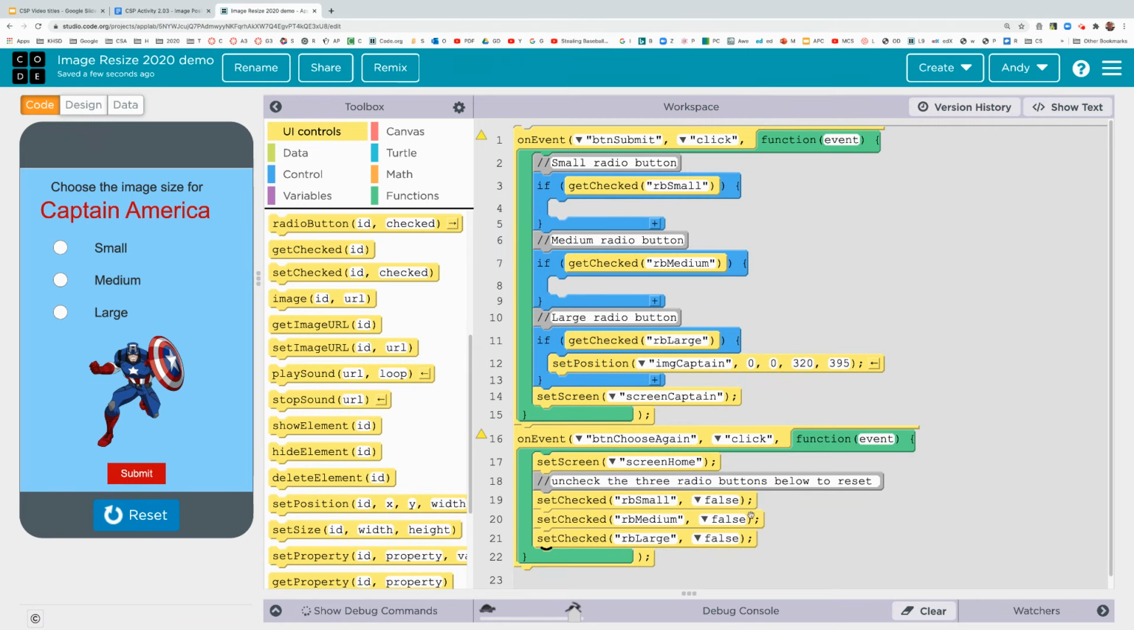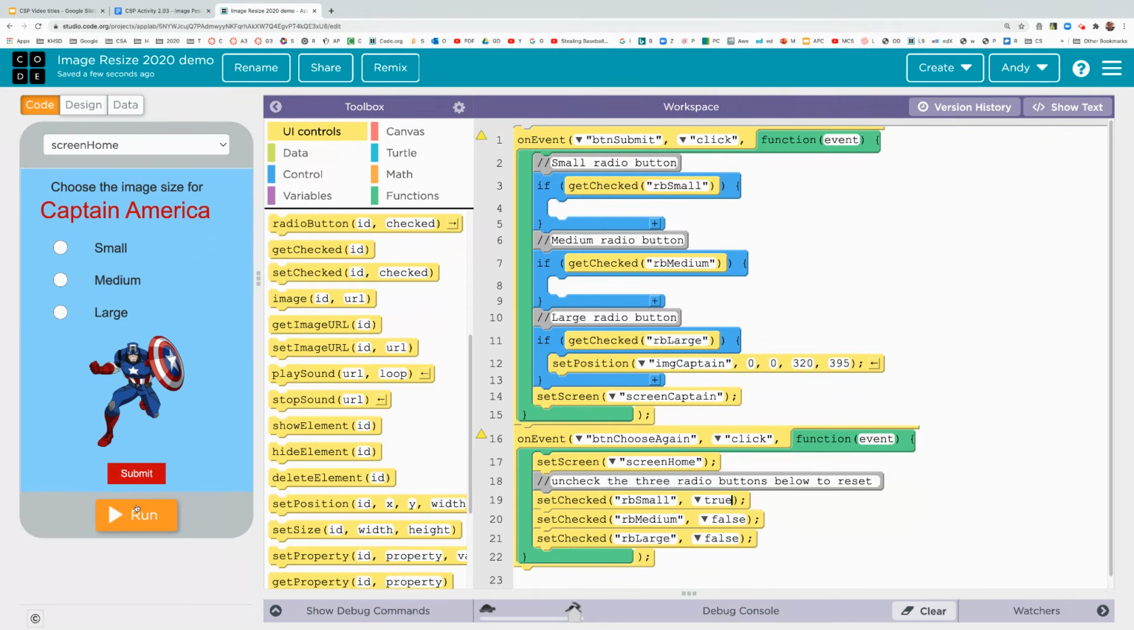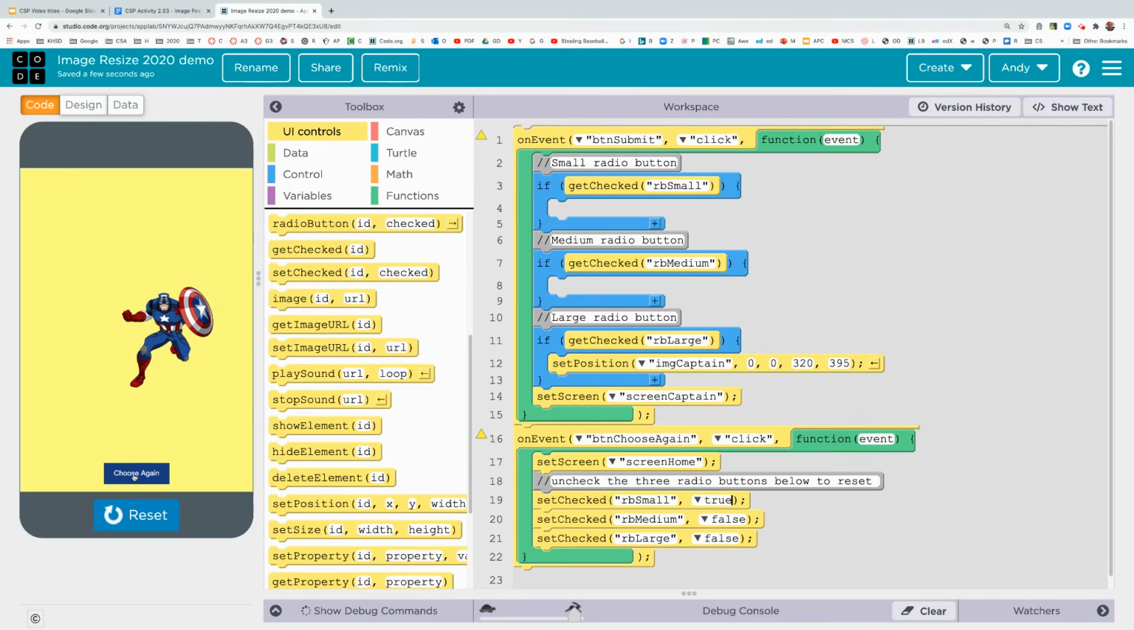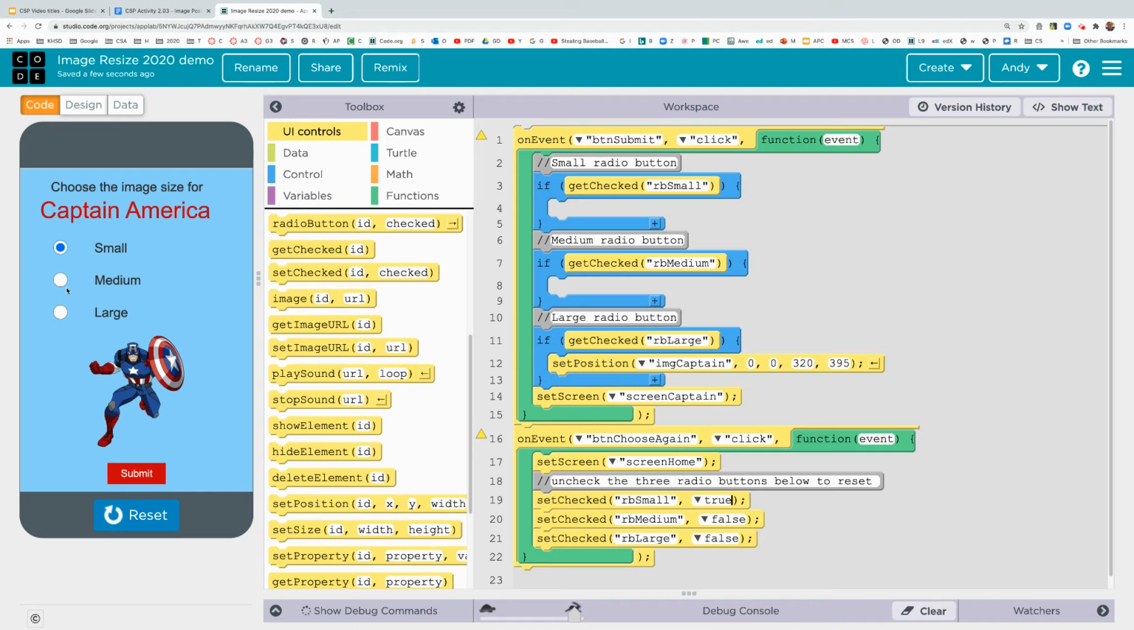Okay, and by the way, with radio buttons, if this one were true, you think small might be checked, but notice, well, it's still checked. Okay, so let's keep it as false. Let's set them all to false. That's what we want. Well, I guess what I was going to show you is if they're all true, true, true, true,